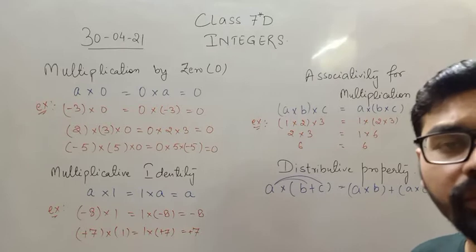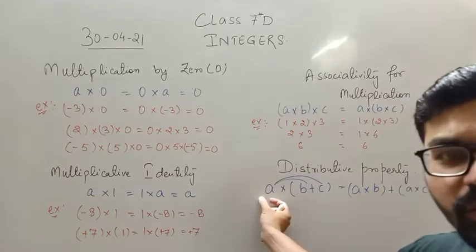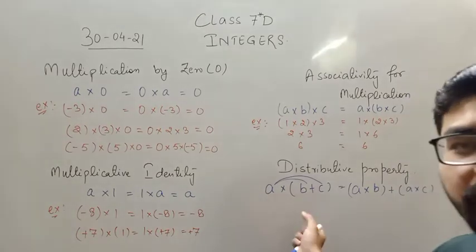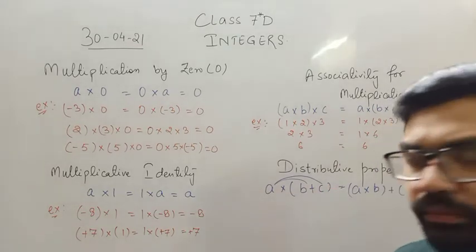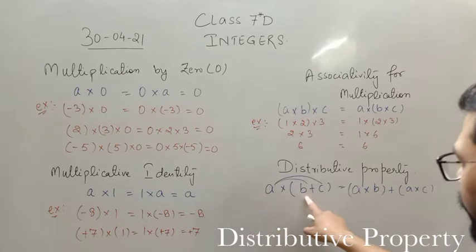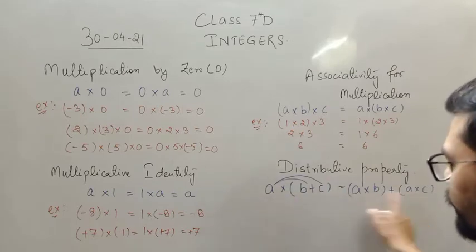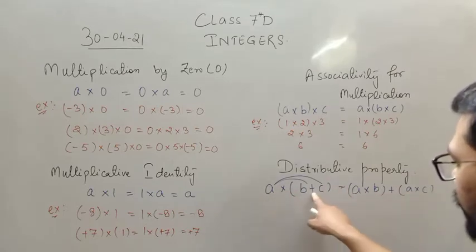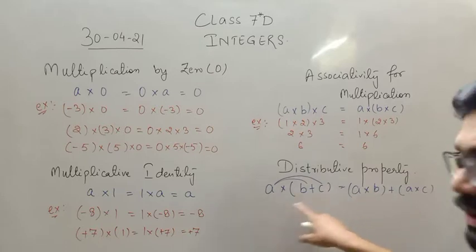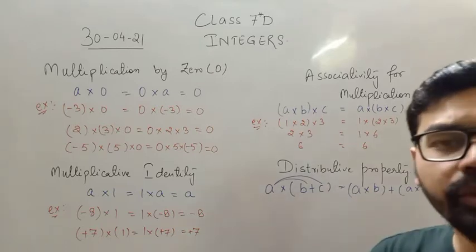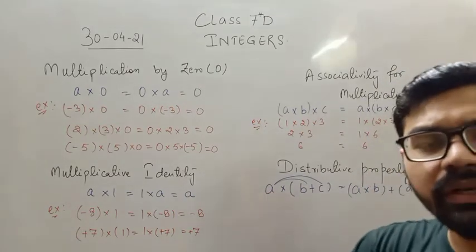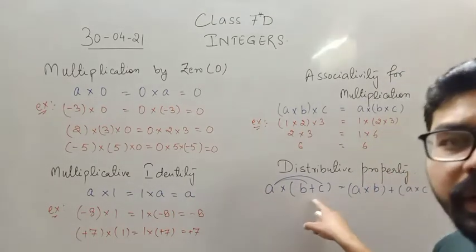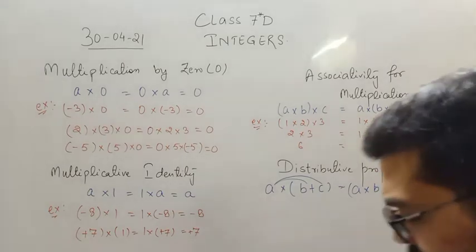As I have already told you this thing, that let's say this is monomial and this is binomial. So this is simply a multiplication of a monomial with a binomial. So A into B and A into C, A into B plus A into C. So this is the distribution of A between B and C. So A basically बेटा distribute हो रहा है between B and C. Okay, I'll give you one example.